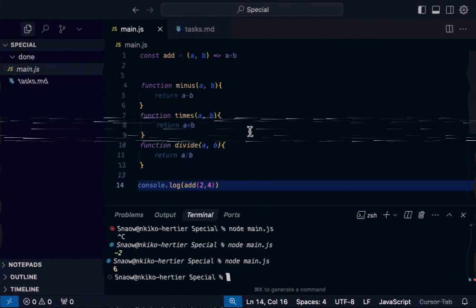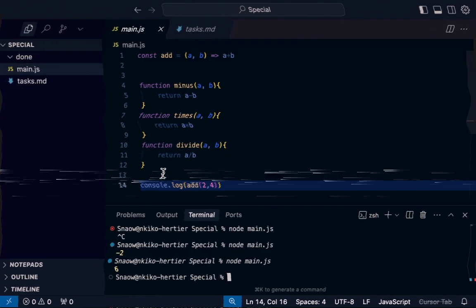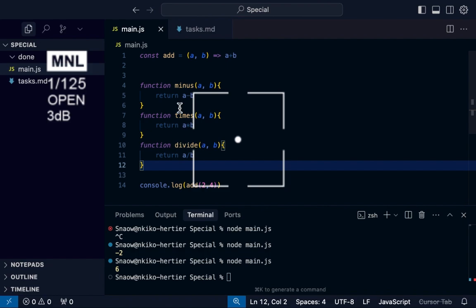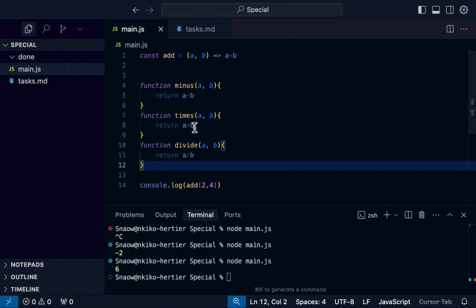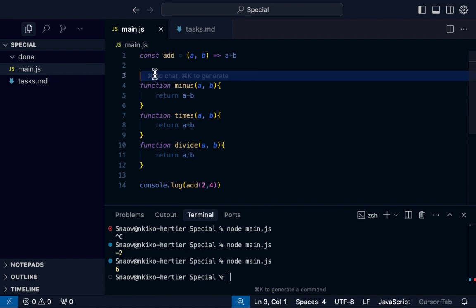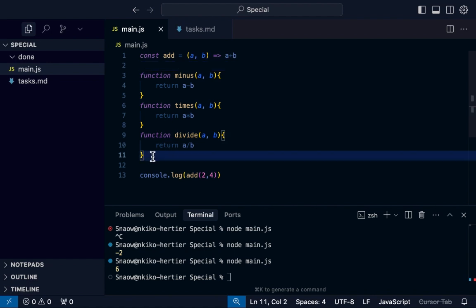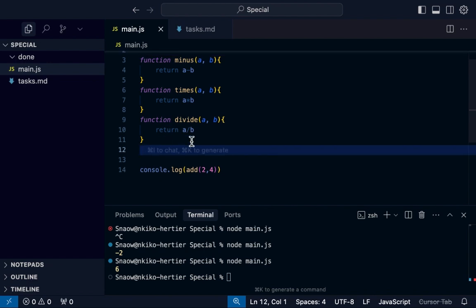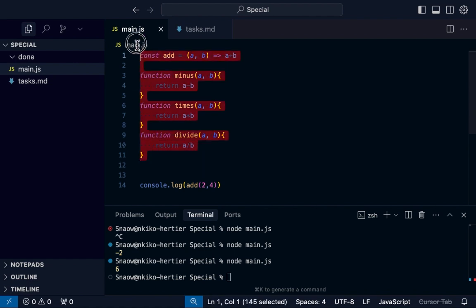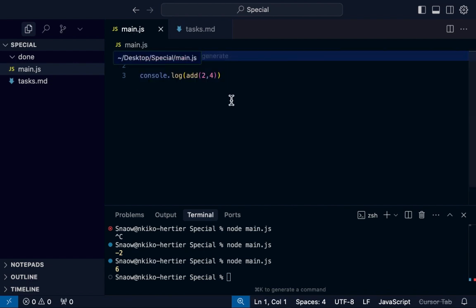Okay. The next thing I want to show you is the method called encapsulation, which is the way of grouping things that are related together. So this means that we just want to group all this together in a single object. So this is gonna be a pretty simple task. So first of all, I'd like to delete all this, and then we create a new object. We just name it calculator,